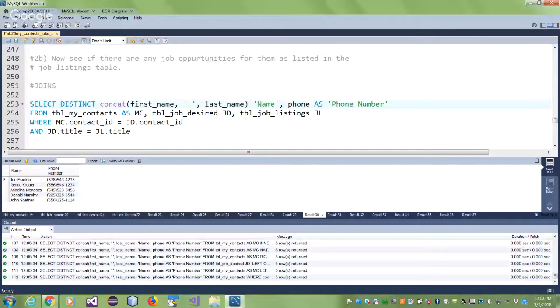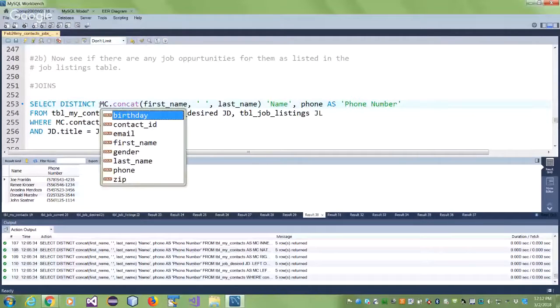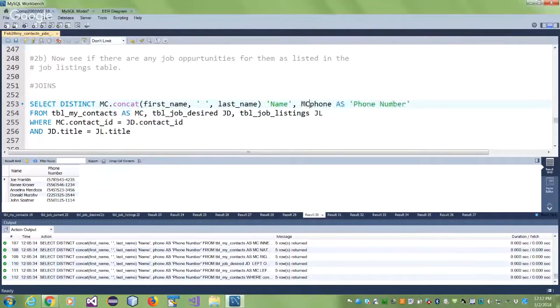But if you wanted to, you could say MC dot. But you don't have to qualify them because there is no ambiguity. Phone only occurs in MC. And name only occurs in MC. So there is no ambiguity. You don't have to do it. So if it helps you, sure. Oh, this field is coming from this table. This field is coming from this table. But if there is no ambiguity, then you don't have to. And you've given your joining condition. My job is done. All I did was add a third table and add a